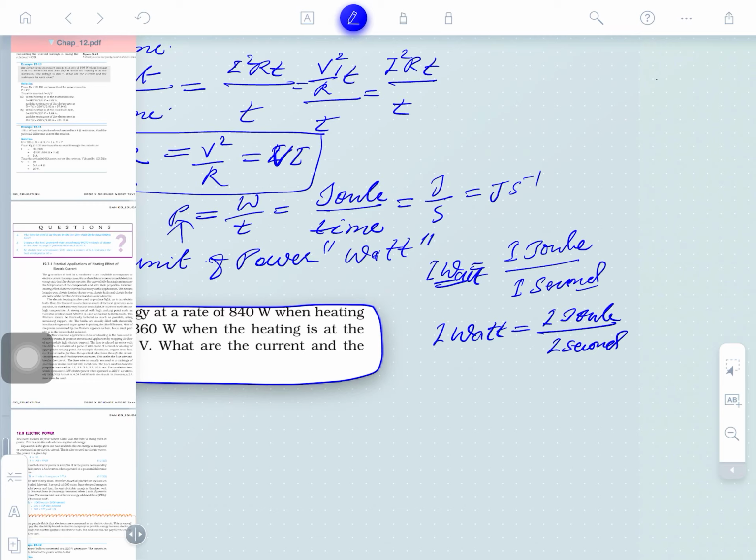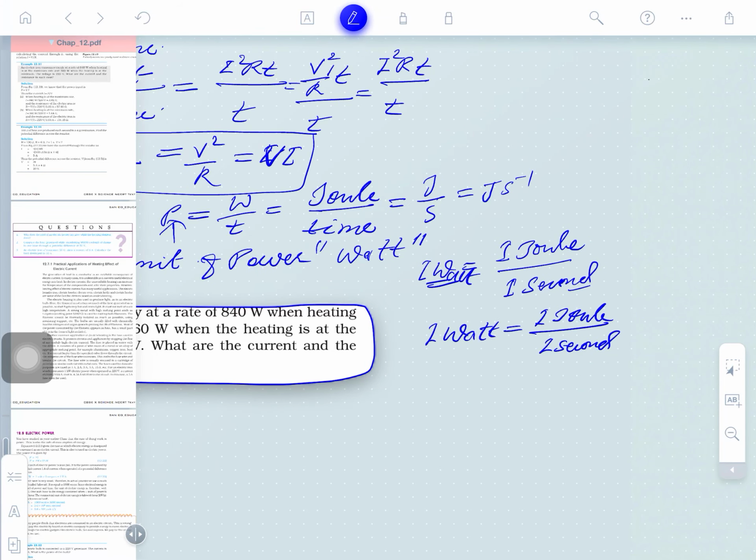Is that clear? So, what is called power? Power is the rate of conversion of electric energy in an appliance into other forms, not just the heat developed. Suppose I am talking about an electric bulb. When you switch on an electric bulb, it gives you heat and it gives you light. Heat can be measured, but how can you measure light? Light can be measured in candela, and energy can also be measured. So the total energy conversion from electric to other forms is called the power. Well understood?